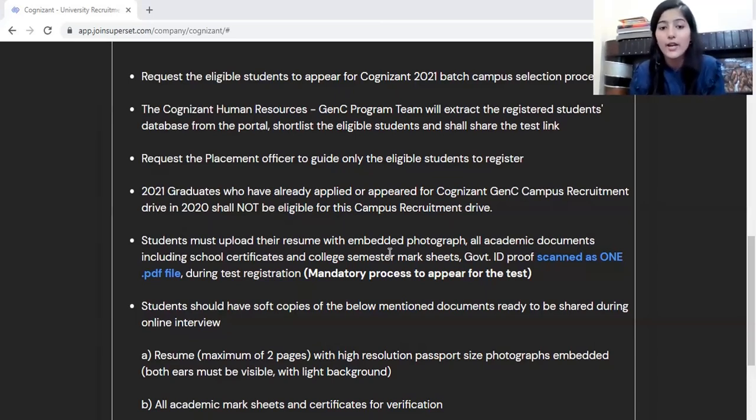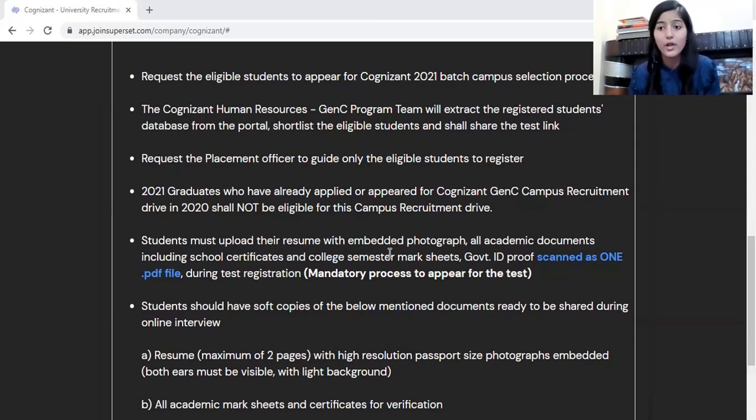Now the question is, if you have already applied, there are many students जिन्होंने पहले से ही apply कर दिया. अब वो क्या कर सकते हैं? And also how to change the resume, because some students have already registered with the Superset profile, who are already having a Superset profile because of Capgemini. So in that case, what you have to do, simply in your profile itself, the previous resume that is uploaded, let it be like this. Upload the new resume with the new format that I've just told that the company has specified, and with that resume you have to apply for that position for Cognizant.